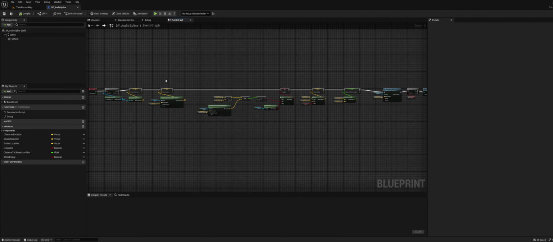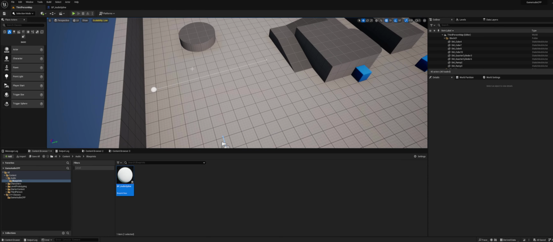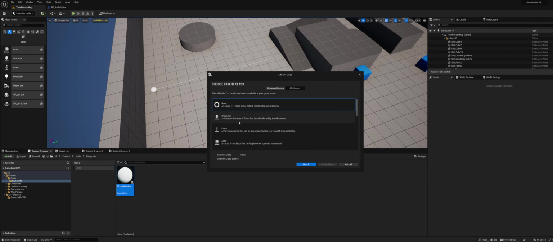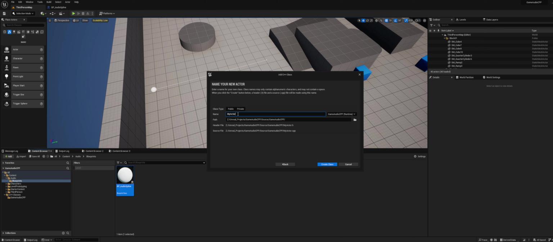Okay, on to the next section then. We actually need to make our C++ class, and we can do that from Unreal. Before we do that though, just make sure that the name you have here is not the same name as AudioSpline. This one is called BP_AudioSpline, and that's okay for us. And we are going to make this an Actor. So let's go ahead and call this